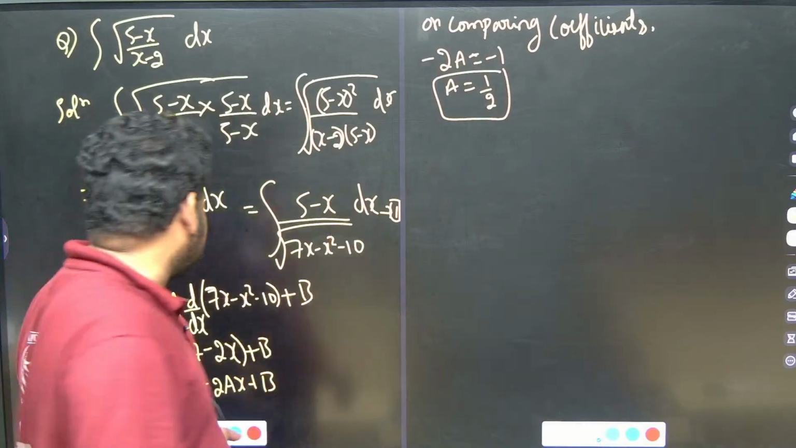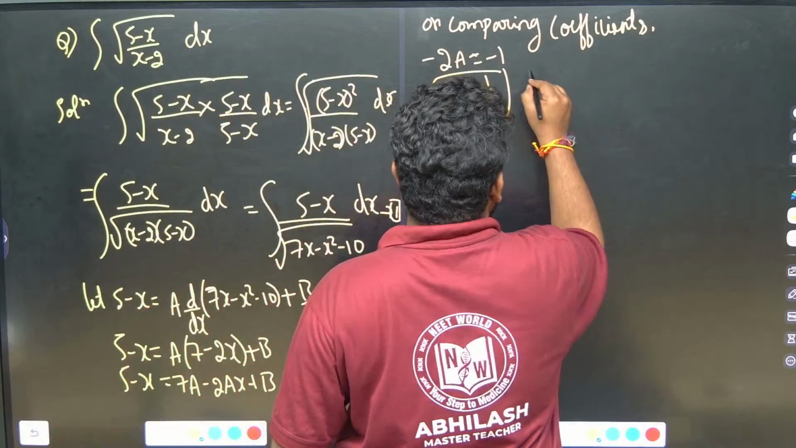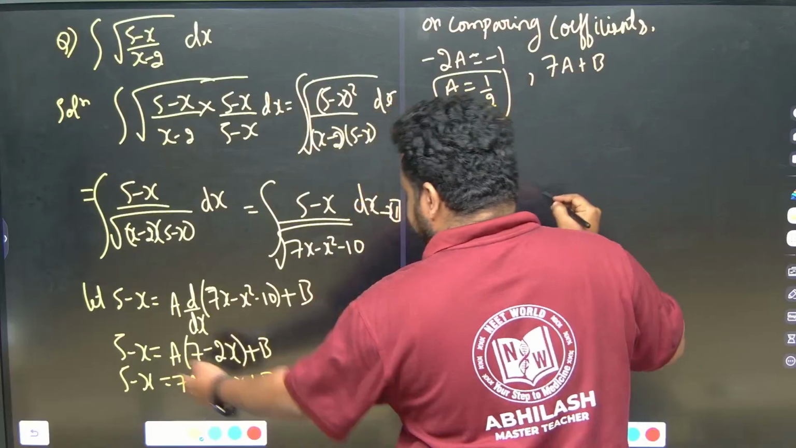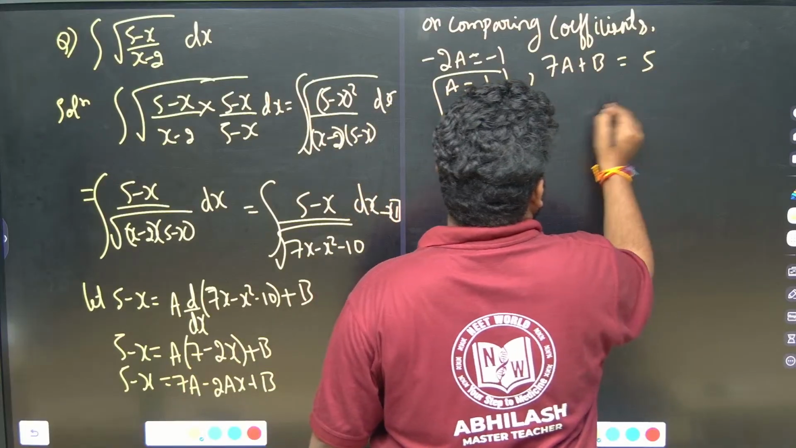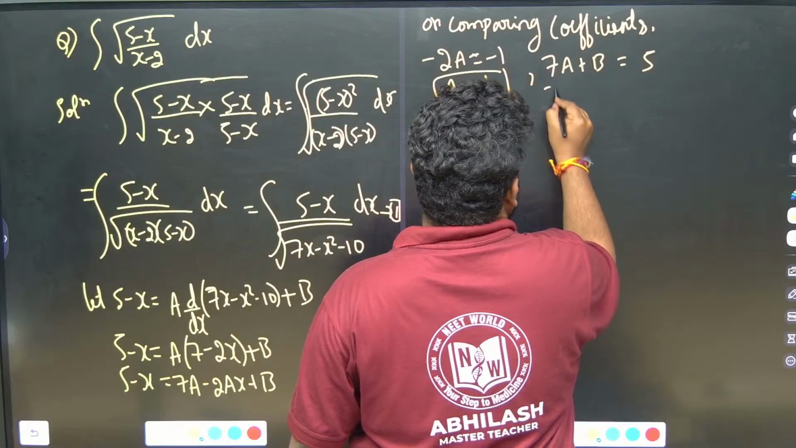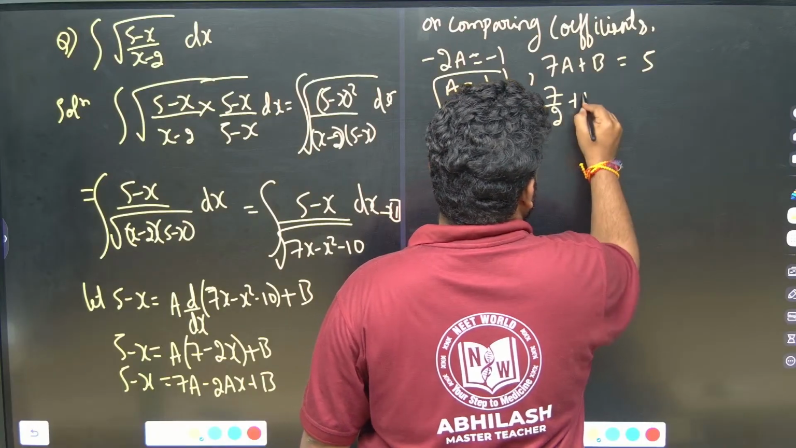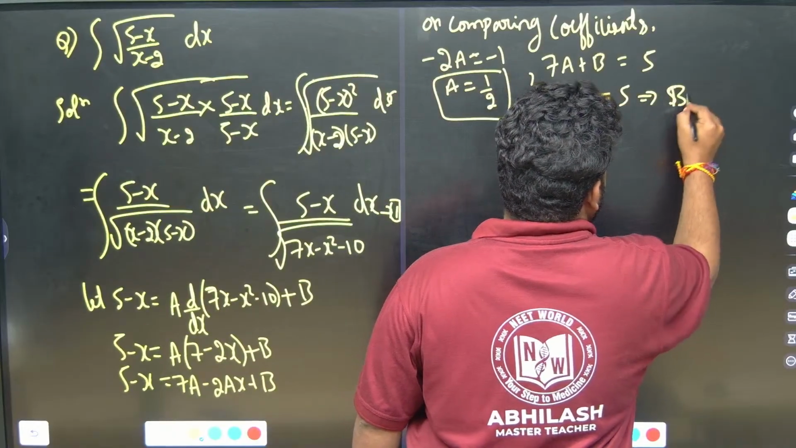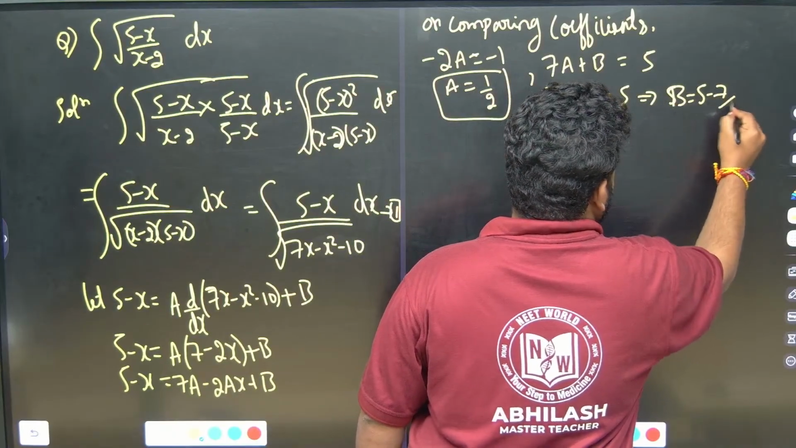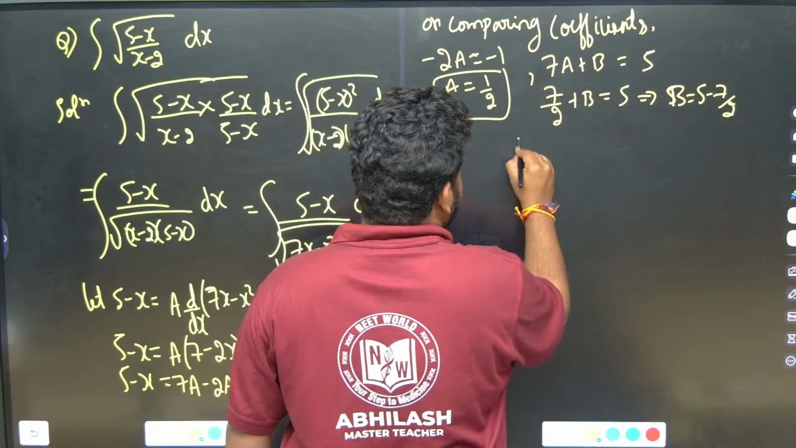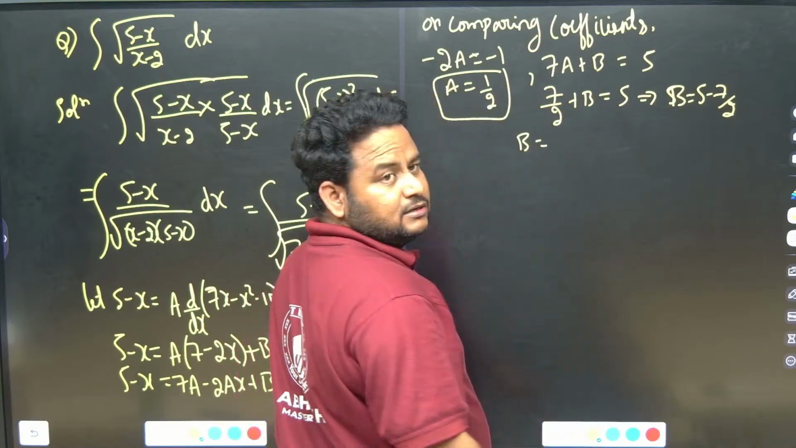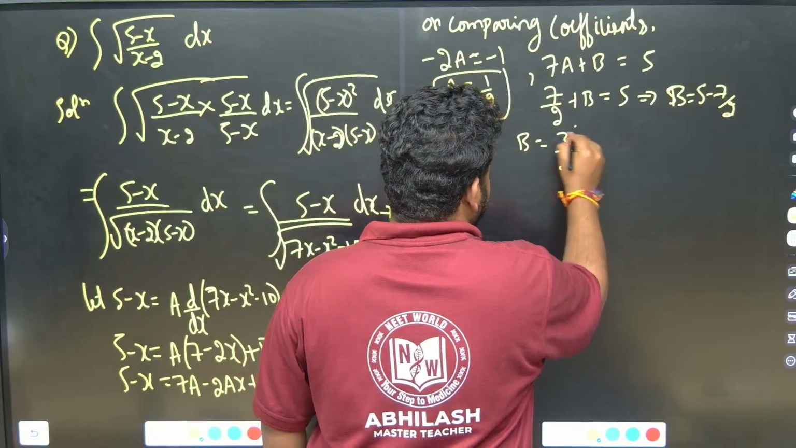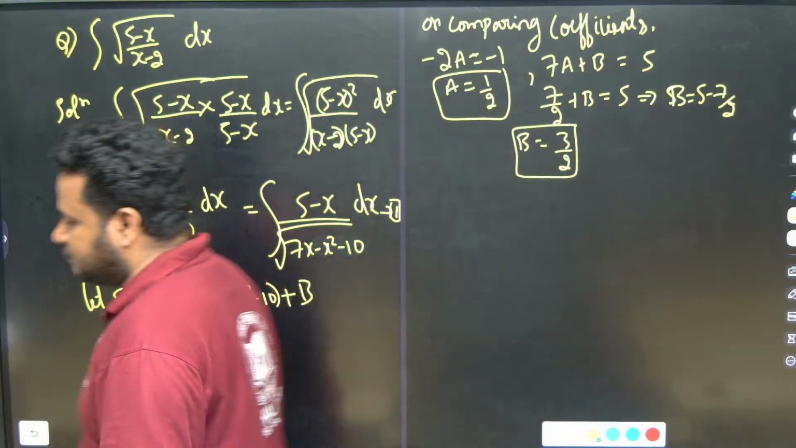Now what about the constant? The constant is 7A plus B, and 7A plus B will be equal to 5. A is 1 by 2, so 7 by 2 plus B is equal to 5. This implies B will be equal to 5 minus 7 by 2. Two 5s are 10, 10 minus 7 is 3, so B will be equal to 3 by 2. So we got